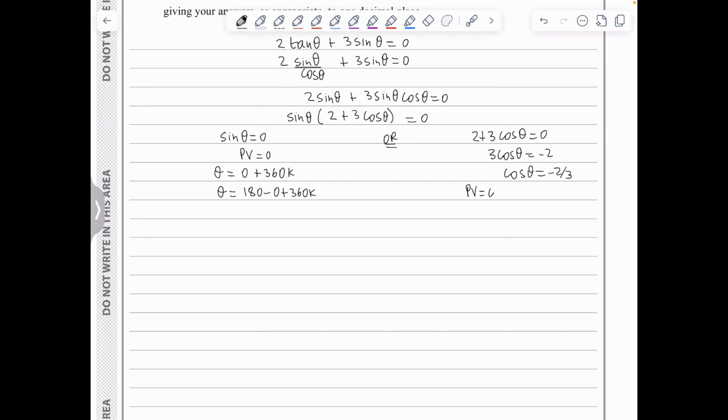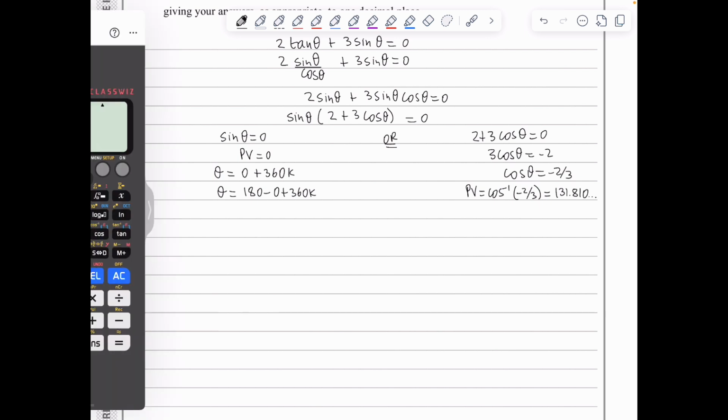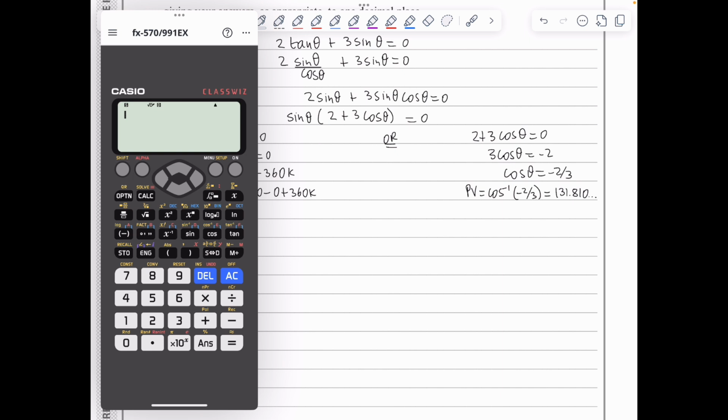The PV is shift cos of minus 2 over 3, which gives an answer of 131.810 dot dot dot. So let me show you this on the calculator. I will do shift the cos of minus 2 over 3. So this is the principal value. I will store it on A. So once I've stored it on A, I can proceed for theta being plus minus the PV, which is A,